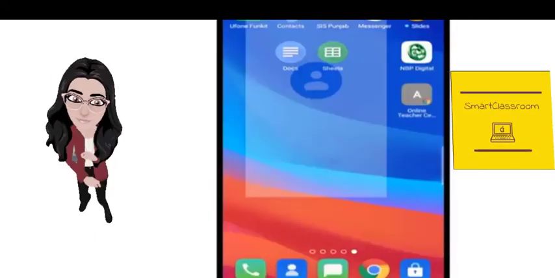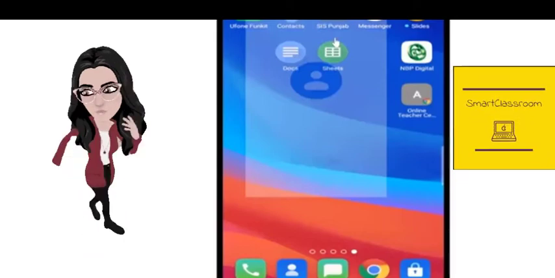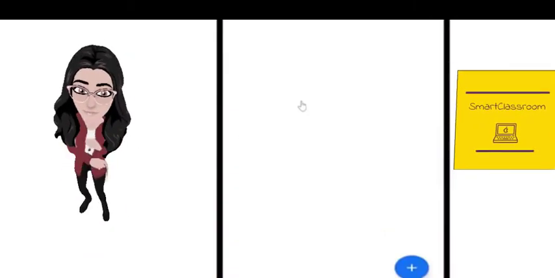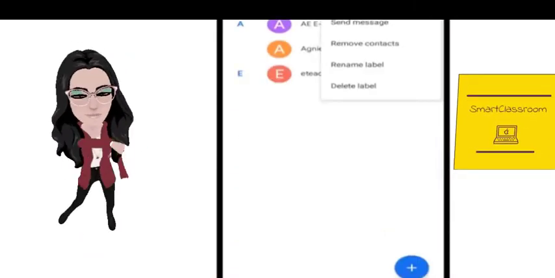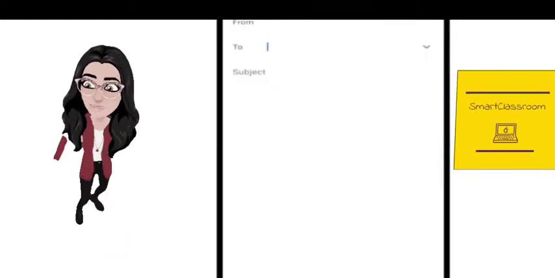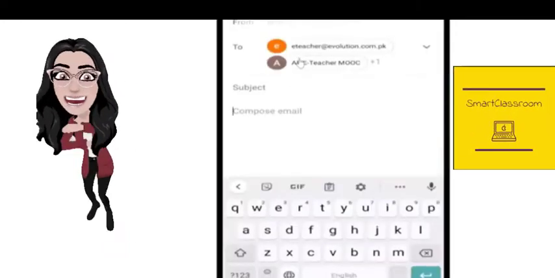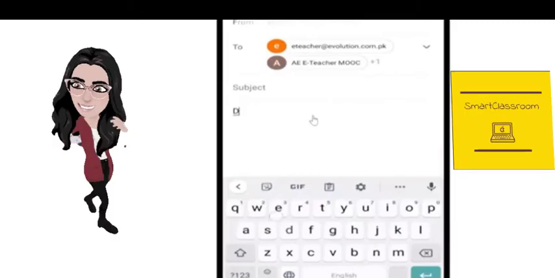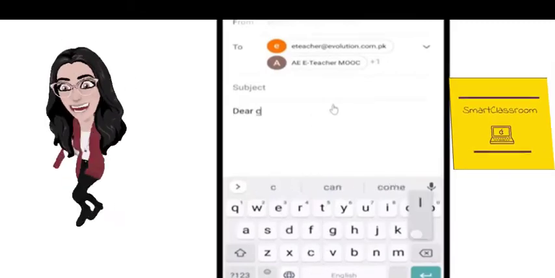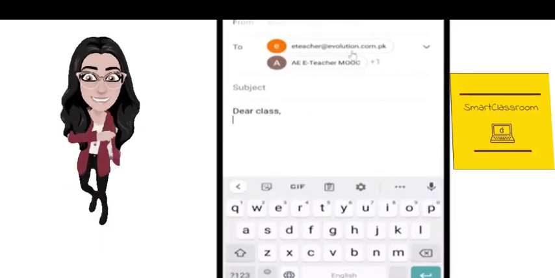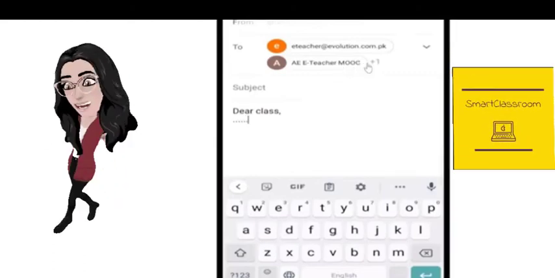By using the Contacts app, we can easily send email to a group. Just choose the group, go to the right corner bar, and send email. It will quickly take us to the Gmail compose option, and all of the classroom Gmail addresses will be added automatically.